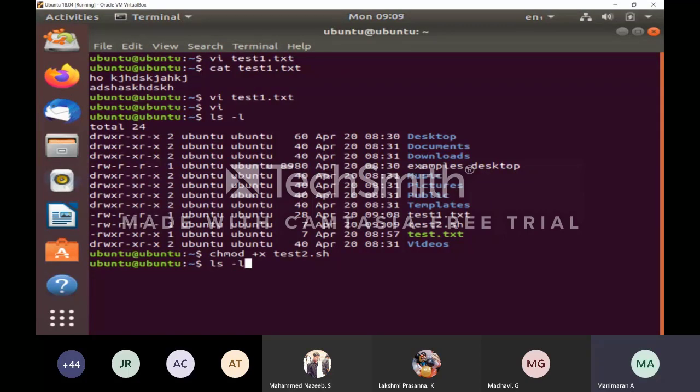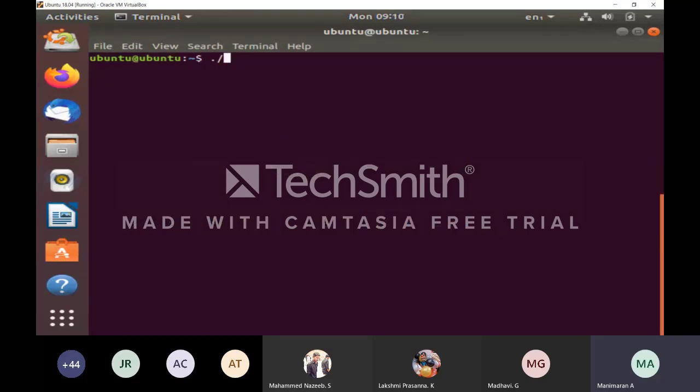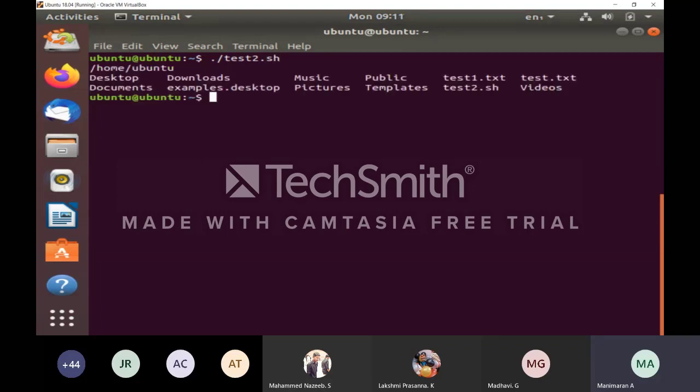You can check it again. Yes, now test2 is having execution permission. Now we can execute. Okay, ./ and just give the file name test2.sh. See this executed. What we have executed: pwd is the first line, then after that ls -l.